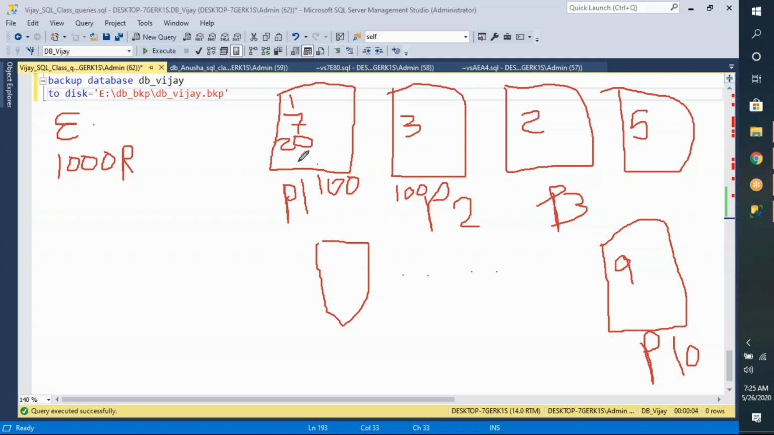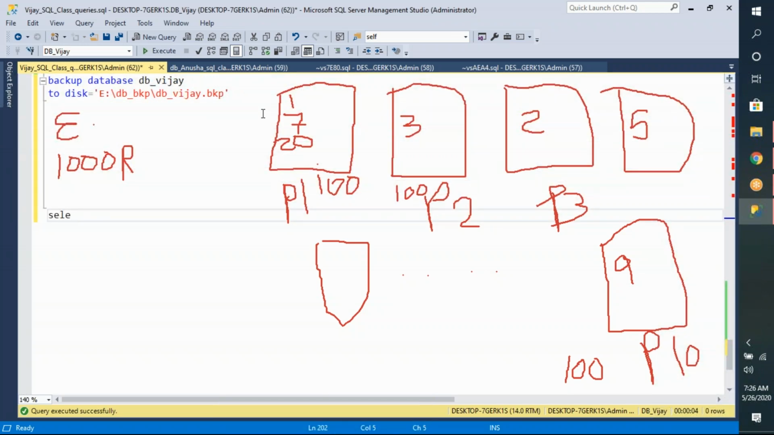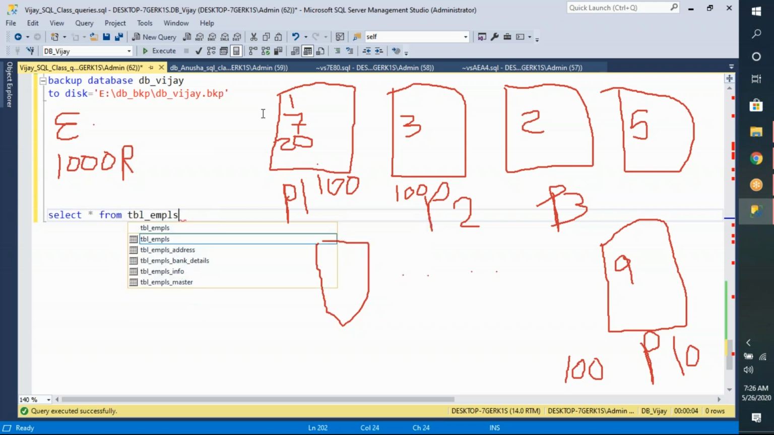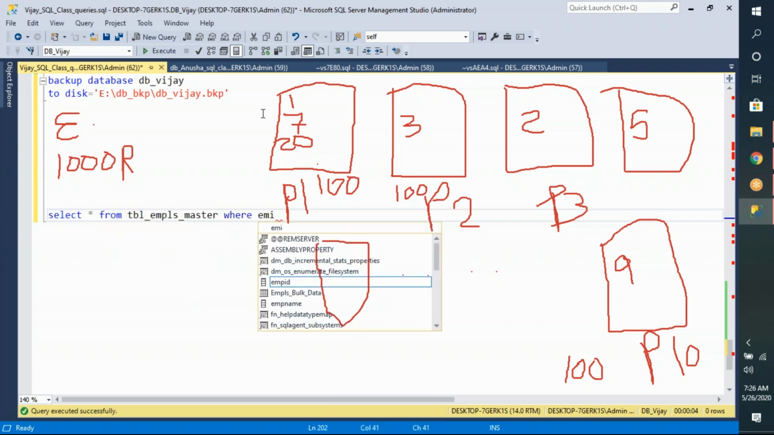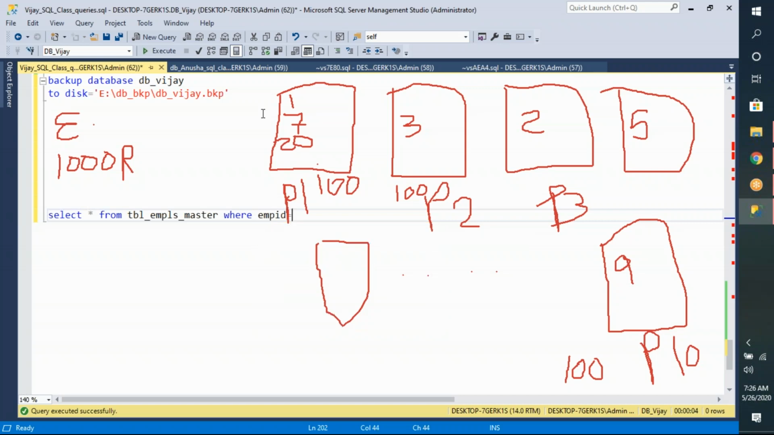Okay, so the data is stored in a random order like this, and each page contains 100 records. Now if the data is stored like this, let us say I write a query like select star from table_employees_master where empid is equal to 9. So, to get the employee 9 data,